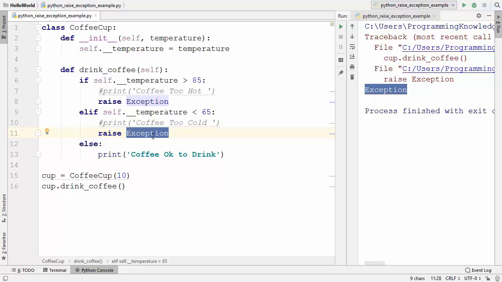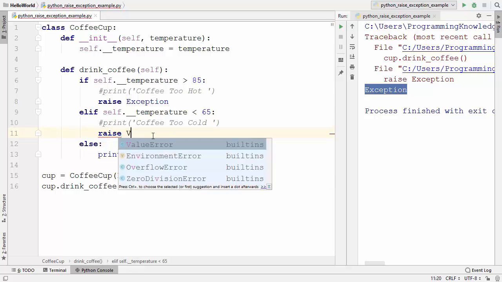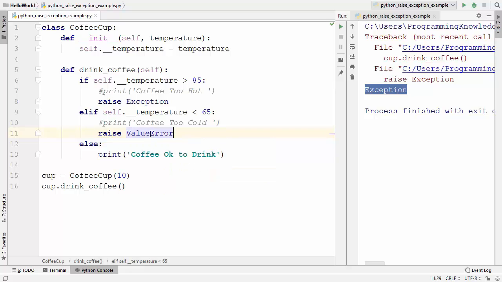Here instead of Exception, I can also use, for example, the exception called ValueError, which is also a subclass of this exception class. And now when I run the code, it will show me the ValueError. So this is one way of throwing an exception